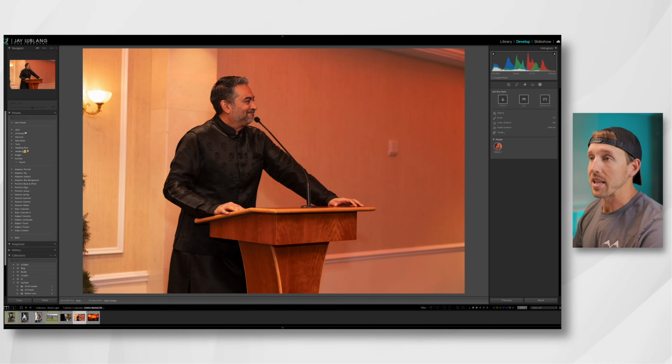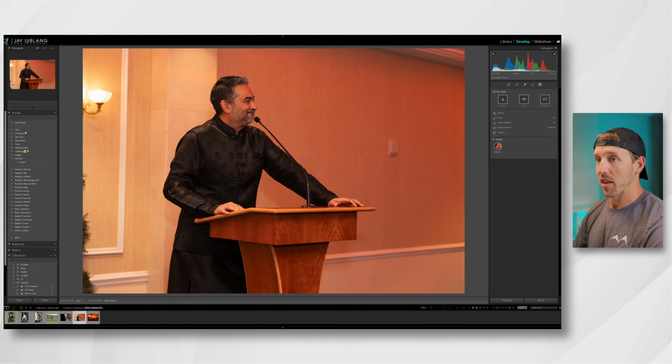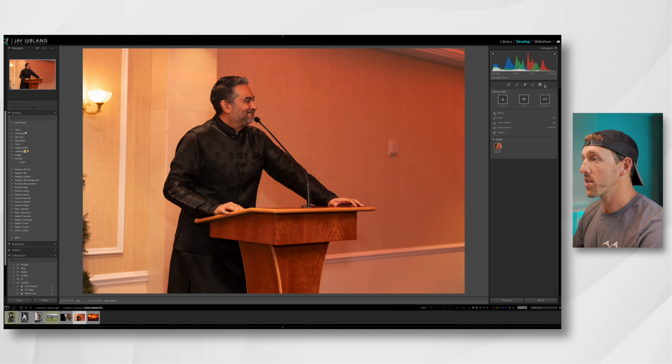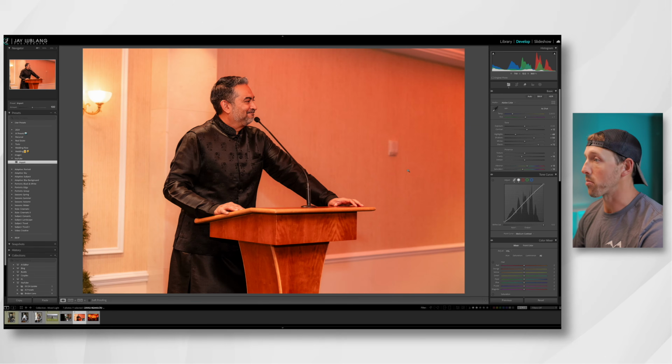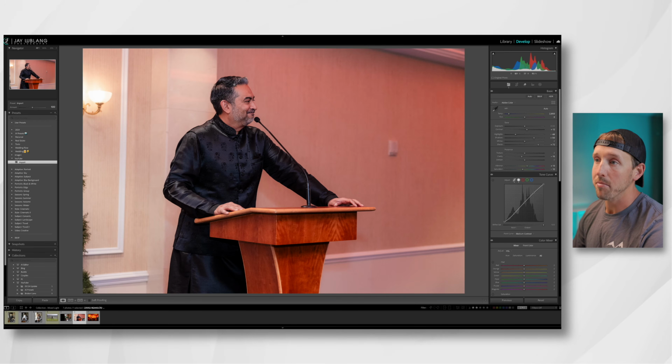Now, when people were speaking, I did have a flash on them, which helped neutralize some of that red that was going on in the room. But we still have some adjustments to make here. So again, the first thing I'm going to do is apply that import preset, come over to my white balance, auto, and see what that does. It does a decent job, but I think it's making him way too blue because of my flash that was on him, that's daylight balance. So I'm going to warm it up a little bit,